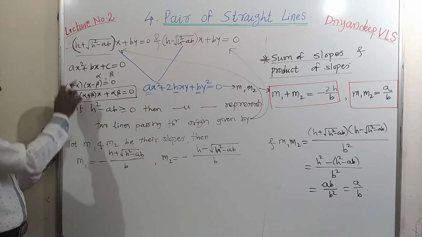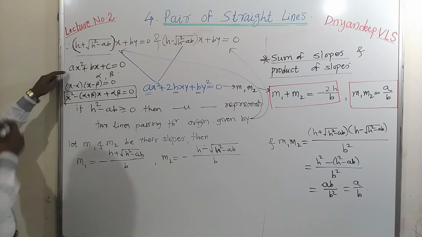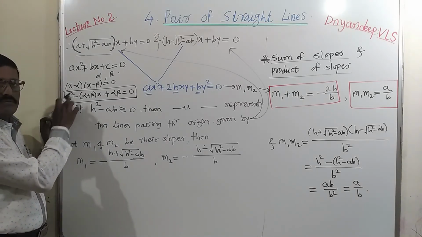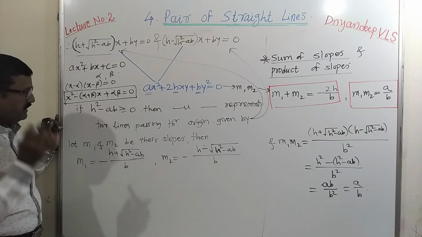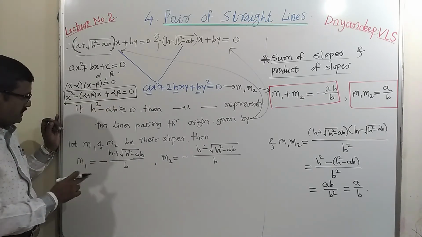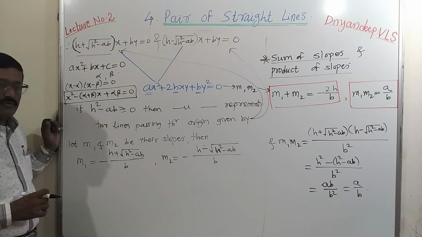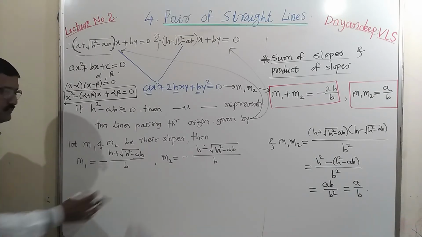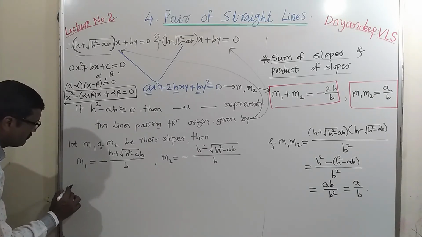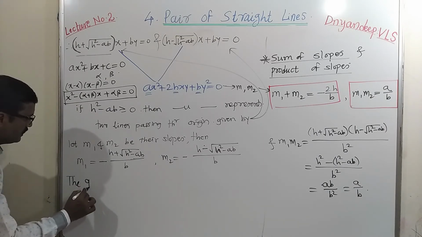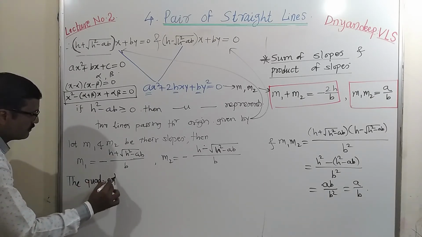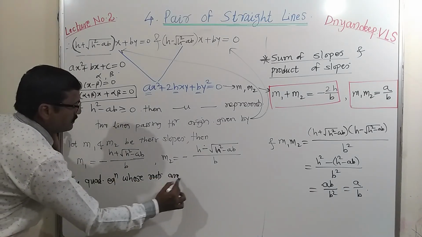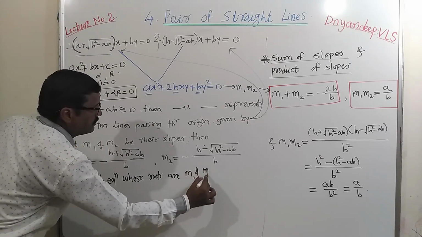So these are the two coincident equations. These two equations are the same. So whenever alpha and beta are roots of a quadratic equation, we write the quadratic equation as x square minus (alpha plus beta) x plus alpha beta equal to 0. Now at this stage, m1 and m2 are the roots of a quadratic equation. If m1 and m2 are roots of a quadratic equation, then the quadratic equation whose roots are m1 and m2